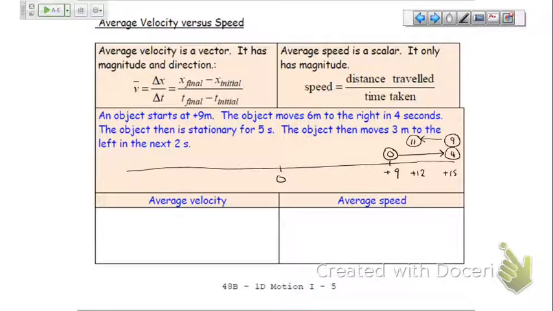Now, I didn't use most of this page, and I don't care about that. You know, I did a decent diagram. It's clear to me. I'm not trying to save wood and all that kind of stuff. I just want a decent diagram. My average speed, my speed is equal to my distance traveled over my time taken, which equals, well, 9 to 15 is 6, and then 15 to 12 is 3, over my time taken. My time taken was from 0 all the way to 11. So that would be 9 over 11, which equals,